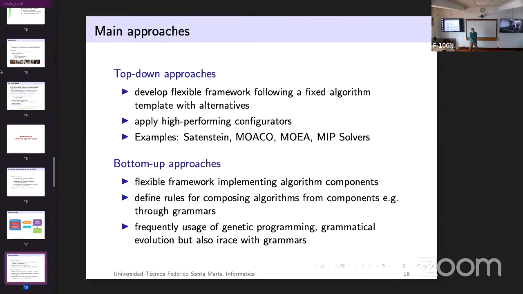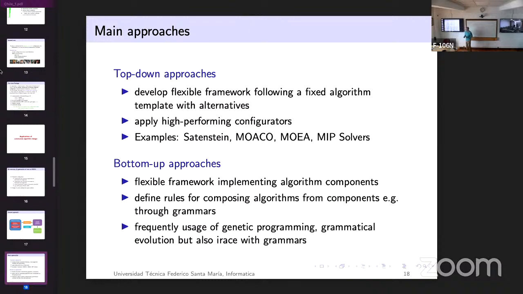You have a flexible framework implementing the algorithm component. It contributes to proposing the algorithm. And from components, for example, you represent them as a grammar. And then with the grammar, you have to